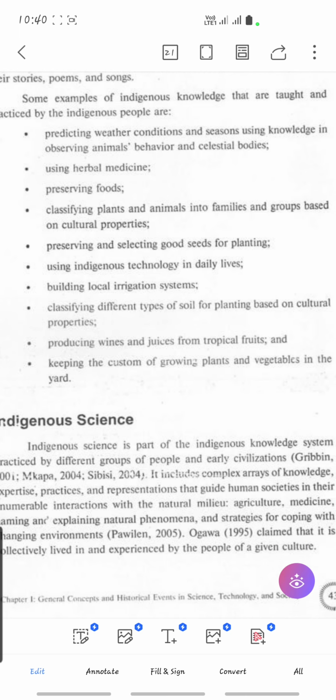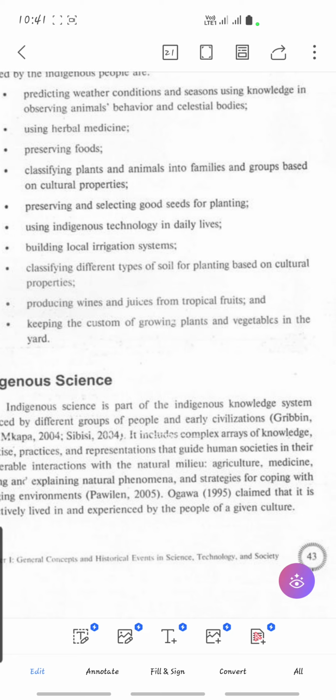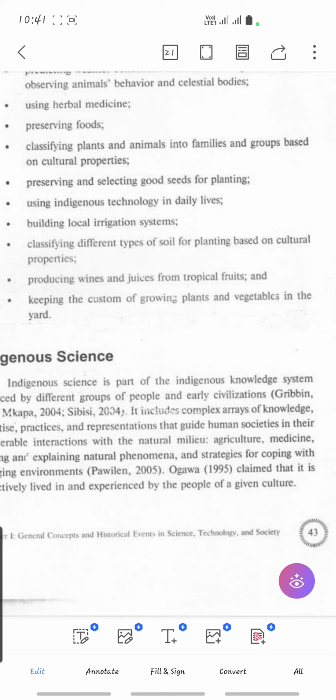So using herbal medicine, that is actually correct, it's a factual basis. Preserving food, of course. Classifying plants and animals into families and groups. Preserving and selecting good seeds for planting. Using indigenous technology in daily lives. Building local irrigation systems, of course, because as we all know, when we're literally saying indigenous people or indigenous knowledge system, our way of resources or our way of food or even the house materials of our house is basically based on the local irrigations or local